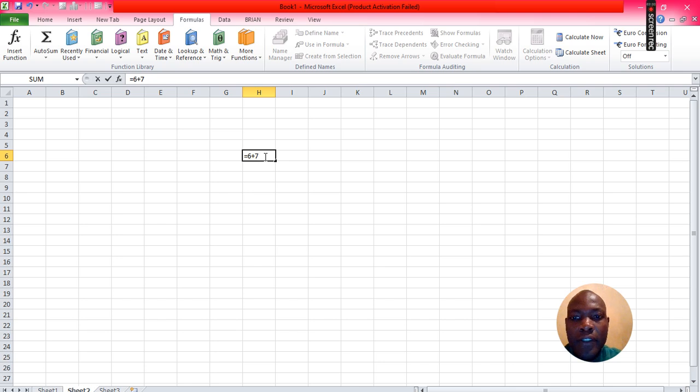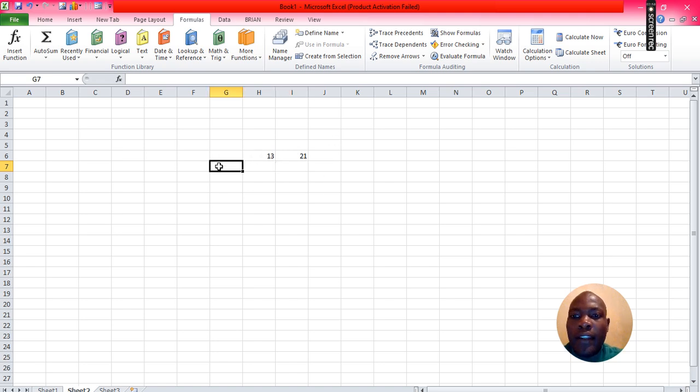Press enter key to generate the results of your calculations. Or equal 5, shift plus 7 plus 9. Press enter key to generate the results.